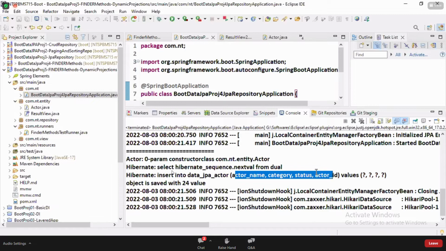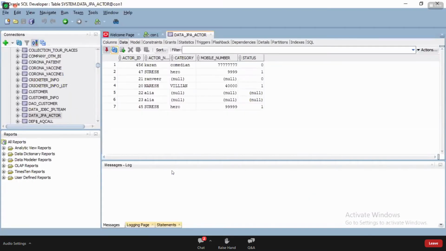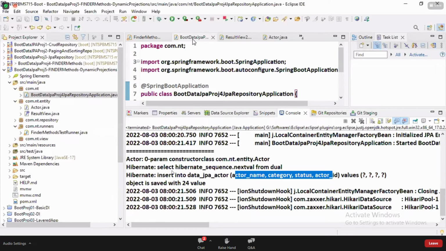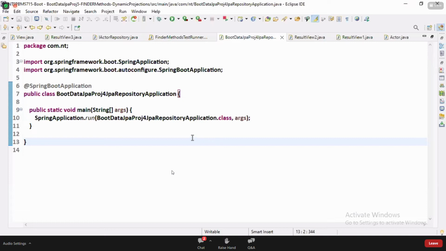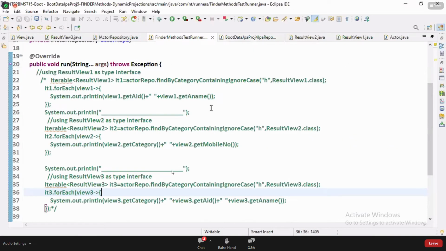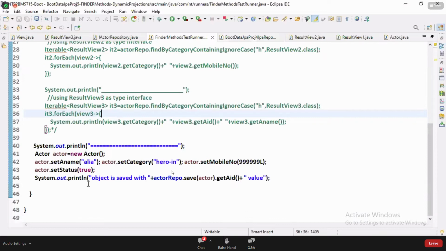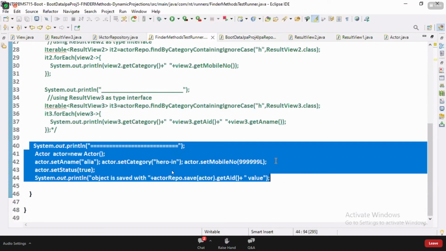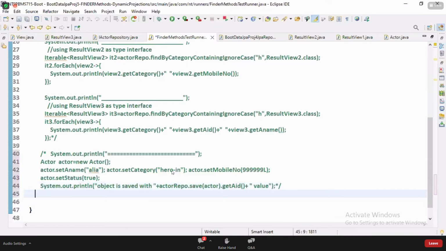No. But what's the problem, you know? Not only in insert, in any operation it won't participate. That's the bad part of transient. Now this is the save operation, and I commented out save.